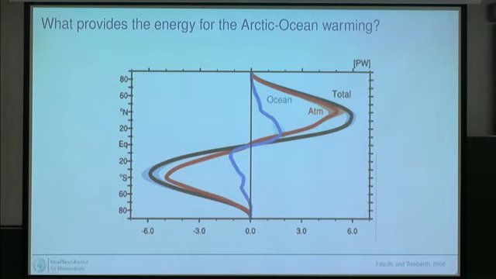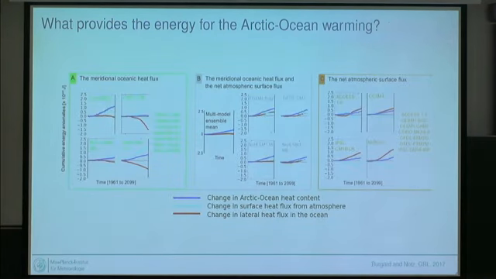Another reason for why sea ice might be of limited importance relates to the total heat transport into higher latitudes. So this is showing you here, because we do have more heat radiation from the sun at the equator, that heat needs to be transported to the poles in the ocean and in the atmosphere. And we tried to figure out in CMIP5 models with all the different sea ice coverages, how these different sea ice coverages might affect this total heat transport we get into the Arctic. And what we found in this study, which is shown in the blue line here, is that in all the models the Arctic Ocean heat content has been increasing over the past few years, and it will continue to do that in the future.